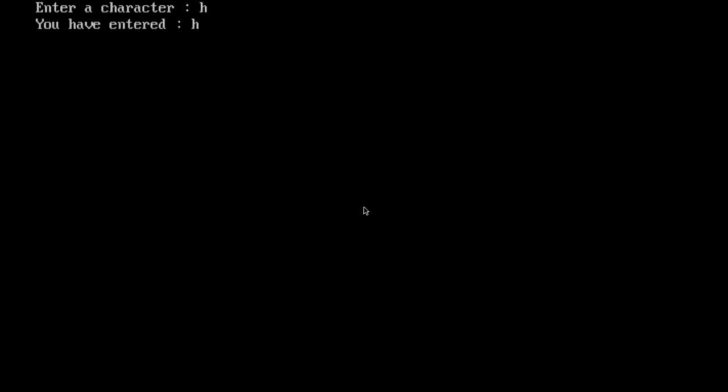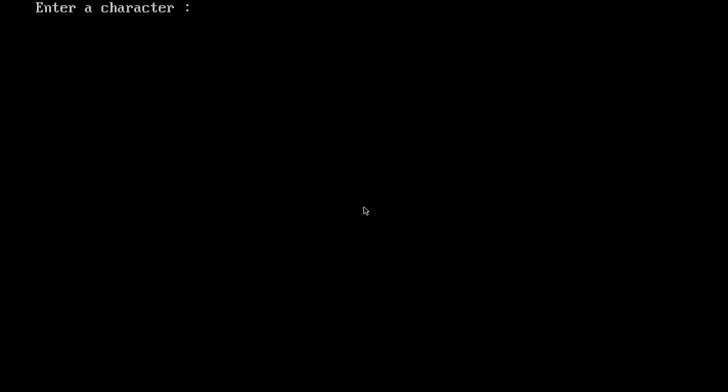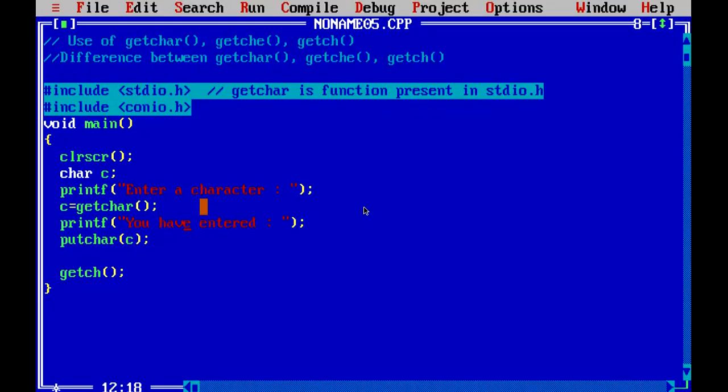So in this particular line, it calls this method and takes an input character, and when we press enter, then it returns that character to this variable. I am pressing F, then I am pressing enter, then it gets assigned and the next statements are executed.